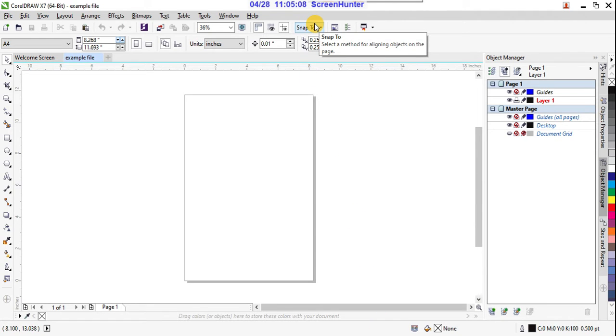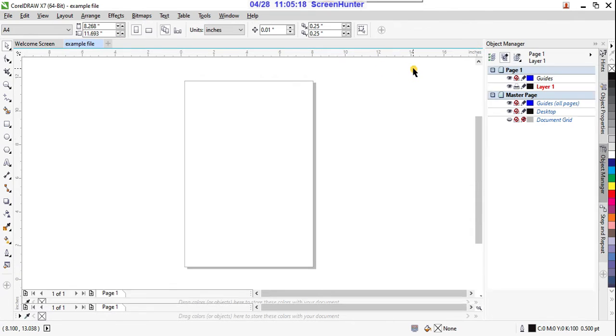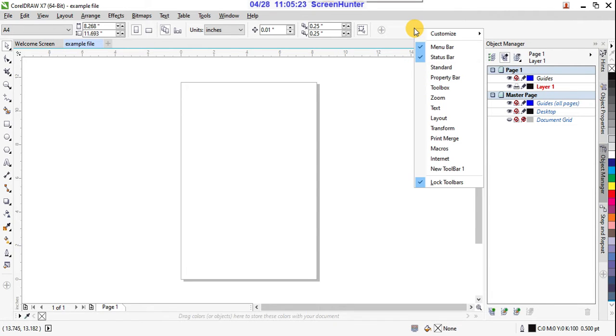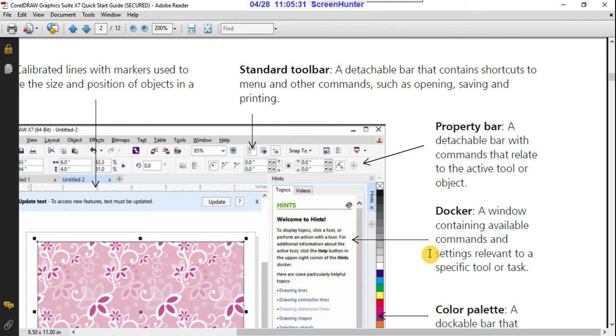You can right click on that and switch it off, so automatically you are not seeing that standard bar. You can click on it again and you see it again, so that means you can switch it on and off, right?